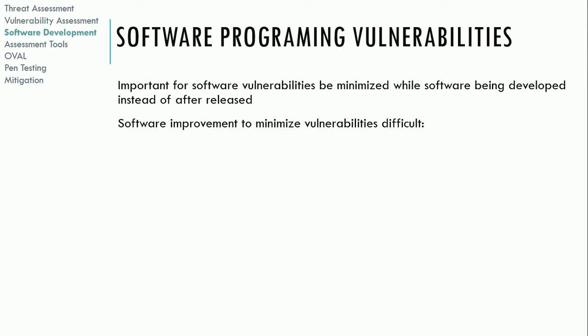I just want to talk briefly about software development vulnerabilities. One of the major vulnerabilities in IT infrastructure is the software itself. I'd say that's probably the most common attack vector: application and programming vulnerabilities, some kind of flaw in applications and programs. And if you think about it, this is one of the things that affects quality for IT software.